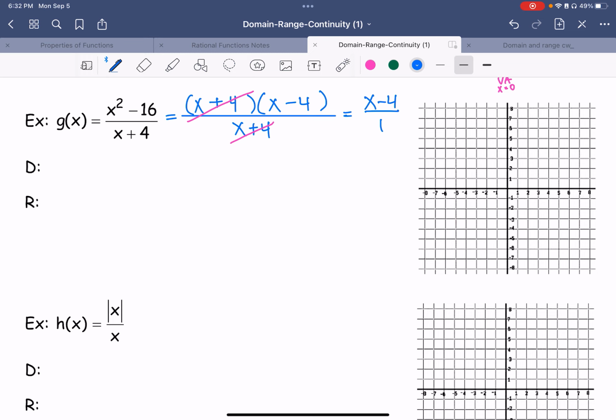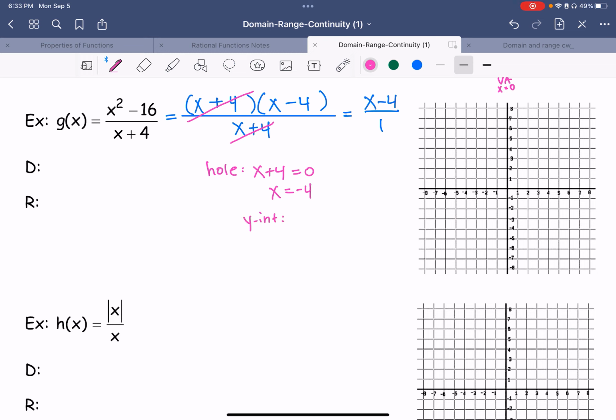So I do know there's going to be a hole. So let me solve for the hole. Remember, that's where you set the common factor that you cancel out equal to 0. So at x equals negative 4, there will be a hole somewhere in this graph. To find the y-coordinate, and I'll teach this more in depth in a few lessons,